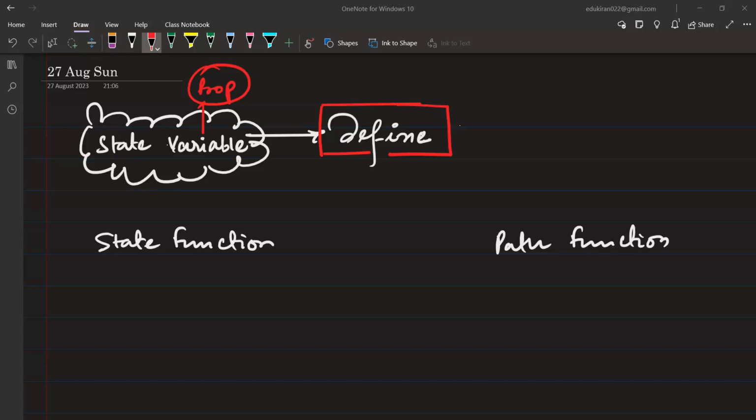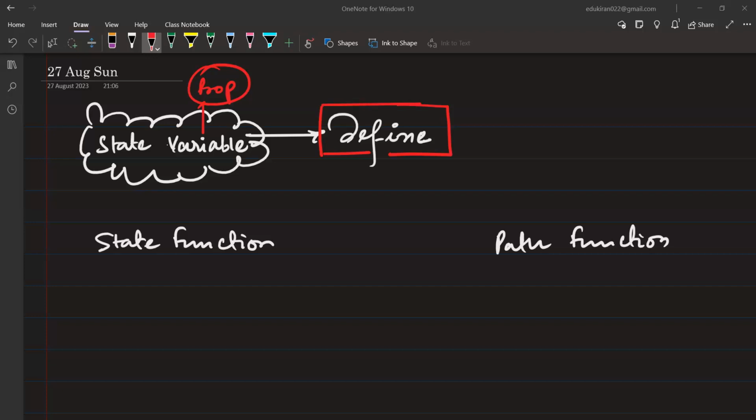We will have to define a system first and what is happening and all of those things. Then only we can talk about state variable. So any property can be a state variable depending on what we are trying to observe. Temperature can be a state variable. You can also have pressure, volume, and energy of that particular system as a state variable. Further, you will see enthalpy, entropy, and free energy of the system.